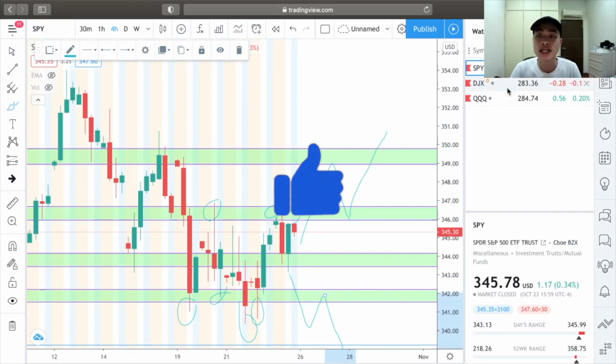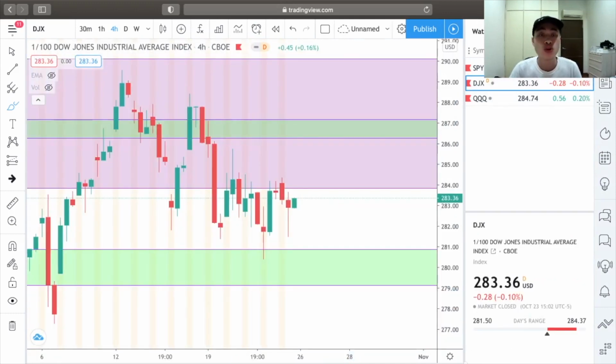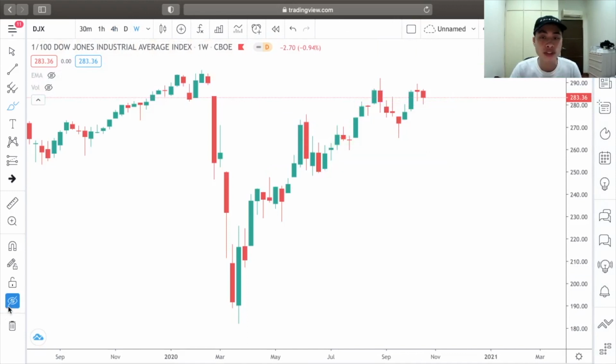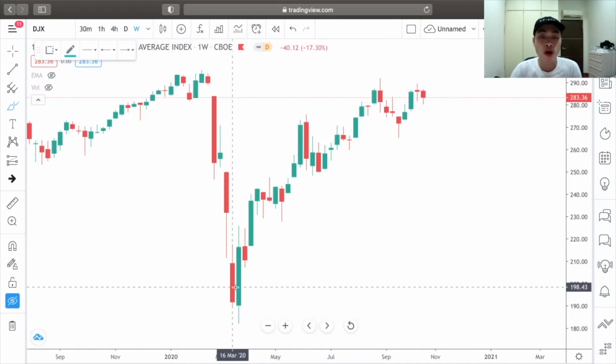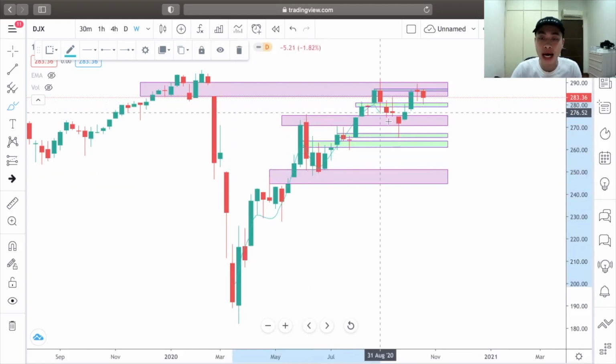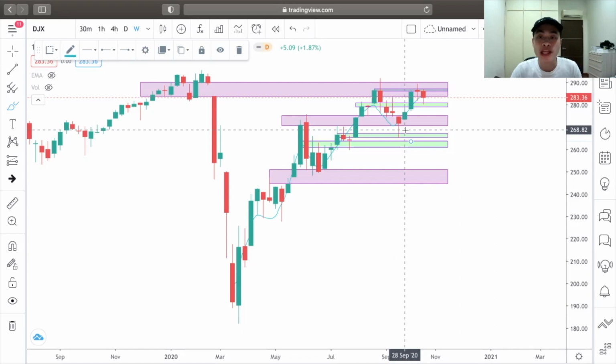Now let's take a look at the Dow Jones. So we'll start off with the weekly time frame and work our way down from there. So let me clear the technicals. For the Dow Jones overall, we are still in a long-term uptrend. So if we start from this point over here and we draw, we will see that prices were making higher lows and higher highs. So if we compare the lows over here,